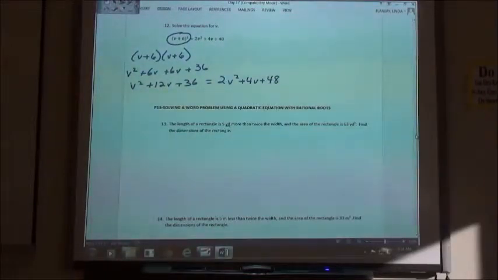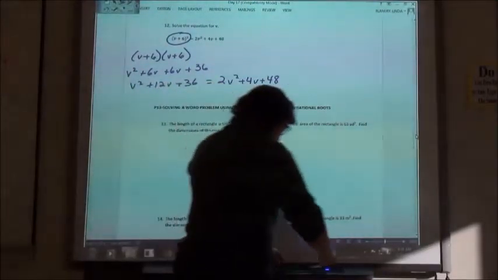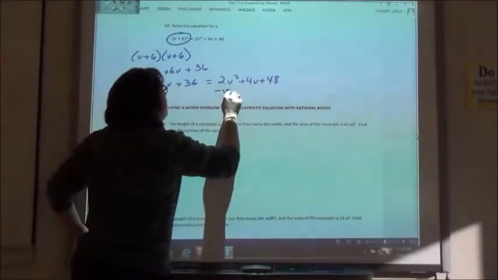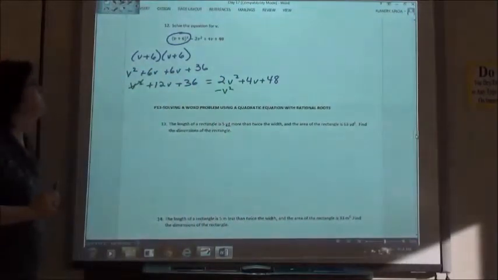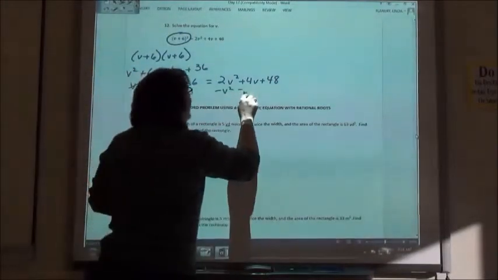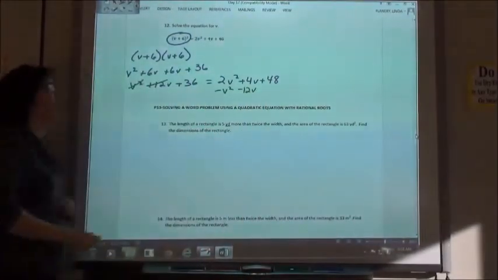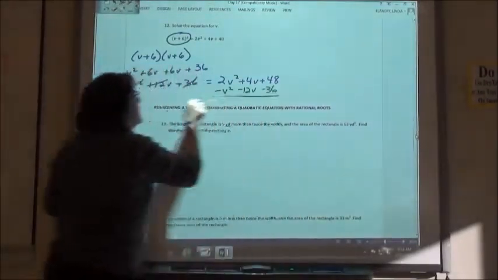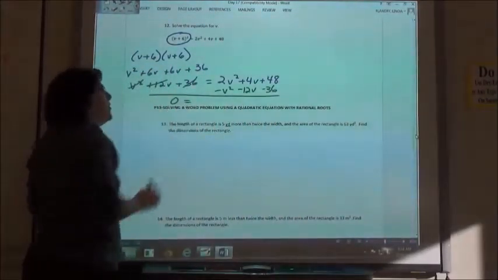So the next thing I want to do is what? I'm going to subtract my V squared. What am I going to do with my 12V? Minus my 12V, and minus my 36. So that 0 is equal to